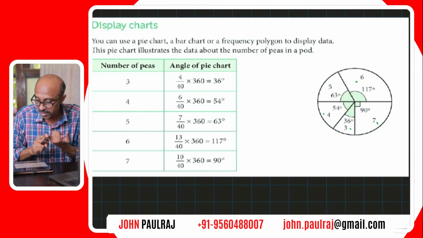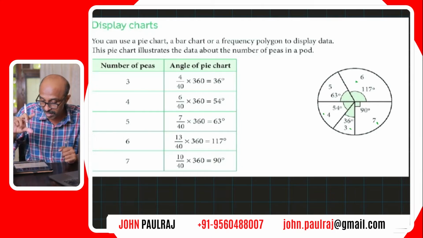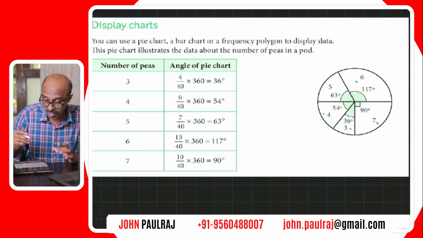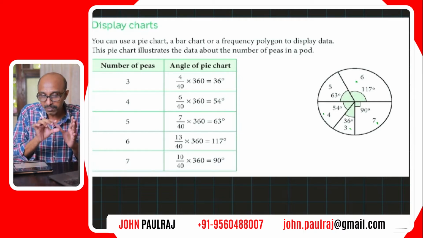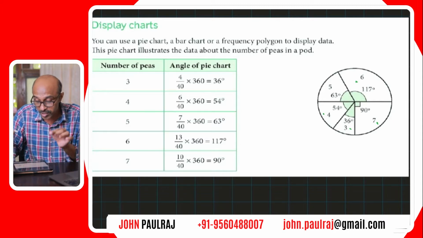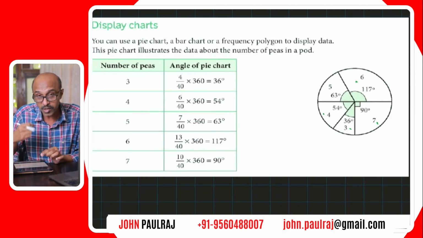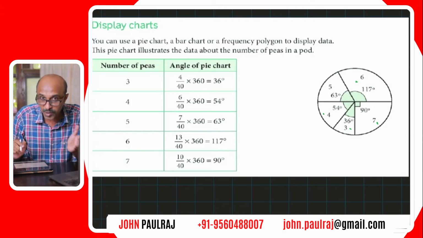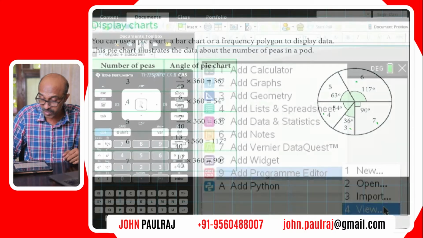So a protractor will be required, and a compass to get a nice circular pie will be important. The calculator is only going to help you find out what the angle is going to be, but to translate that angle onto the written paper, you have to do it using the protractor. So physically you have to draw. This is going to guide you and help you. All right, so let's jump to the calculator.